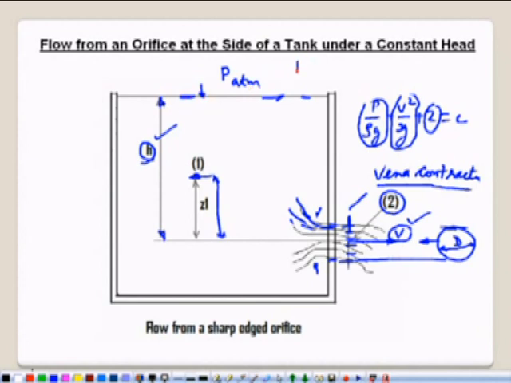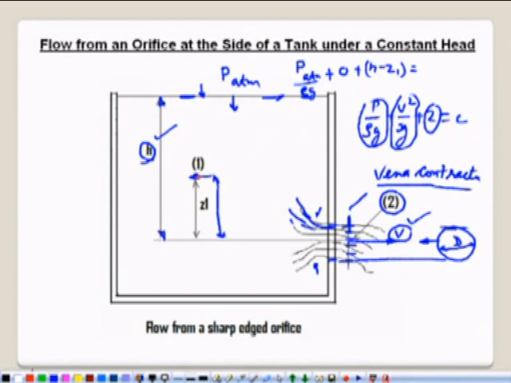So we apply the Bernoulli principle. So P atmospheric divided by rho g plus velocity head. What is the velocity of this layer? If this area is considered very large and since head remains constant, then velocity is 0. This layer is not moving in this direction with any velocity, 0 plus z1. So what is the height with reference to 1? With reference to 1 it is equal to h minus z1. So h minus z1 is equal to